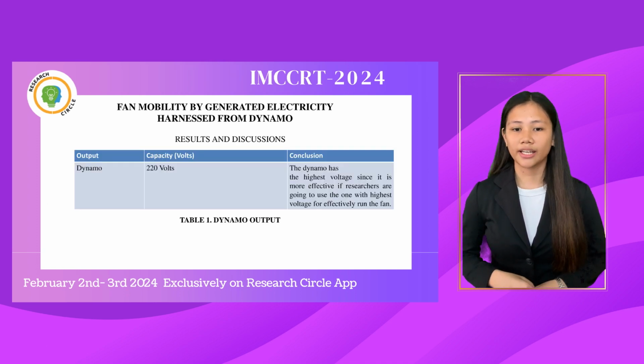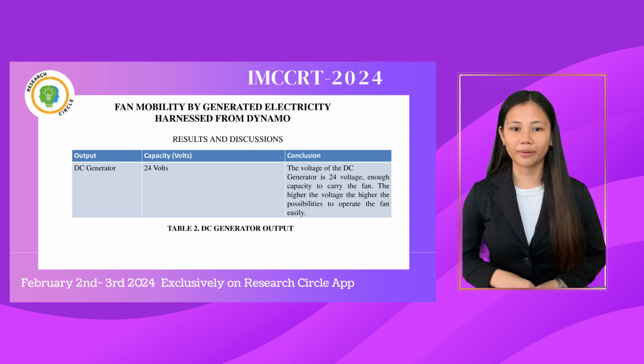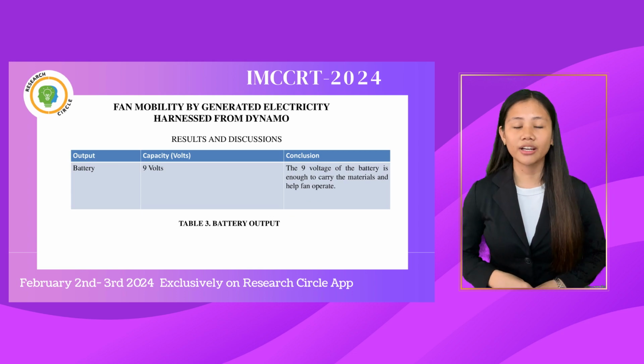First, dynamo. The dynamo has 220 volts, and this can be more effective if researchers are going to use the highest voltage. DC generator. The DC generator has 24 volts, and this is already enough to carry the fan. And lastly, the battery. The battery has 9 volts, which is enough to carry the materials and help the fan